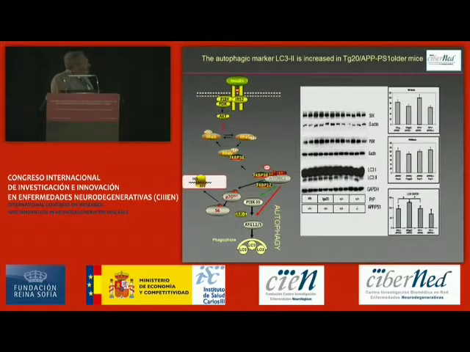What we did was the analysis of one of the major systems controlling autophagy, which is the mTORC1 kinase. This kinase is able to control the S6 kinase